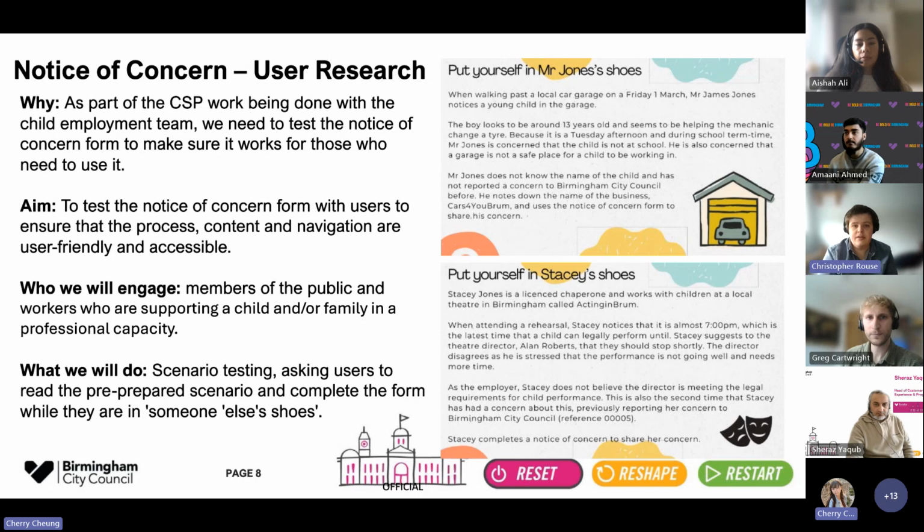So you'll often hear or read that user research is a team sport, and for us, that meant drawing inspiration from the work of colleagues. In the voice automation project, Donna ran some really interesting, really effective research involving scenarios where the participant would be asked to put themselves in the shoes of a fictional person who had to phone the council to sort out a certain problem. Given how well that worked, we adapted that method,